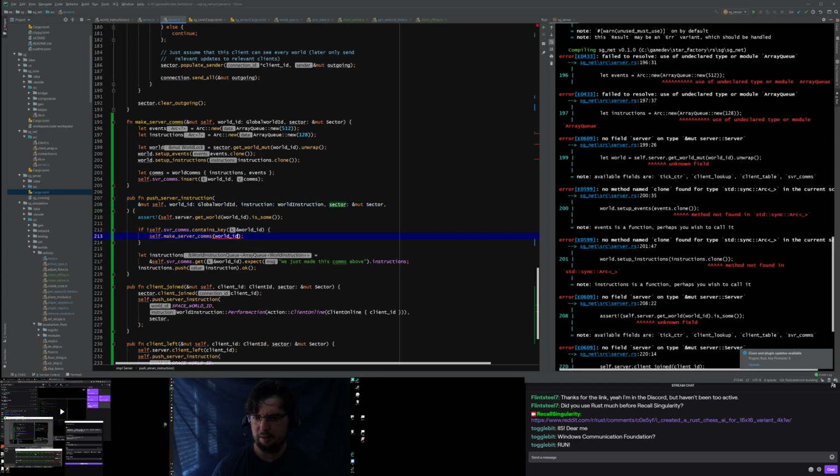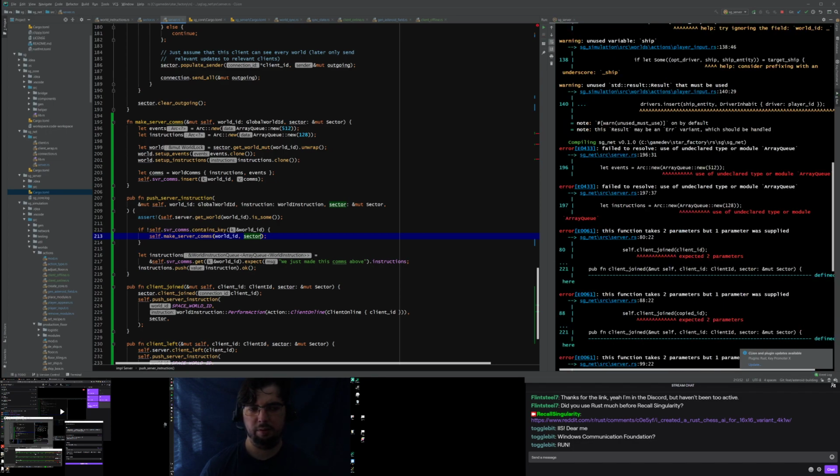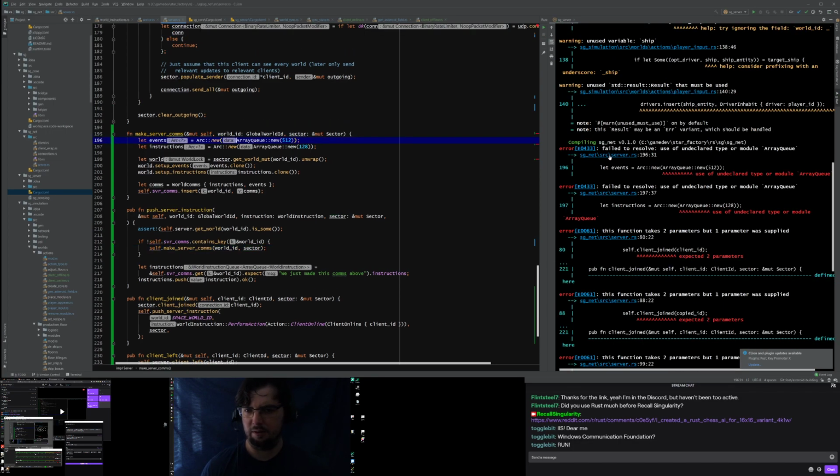again, it's going to need the sector, but only if we have to create the comms. Yeah. This is not going to work so well if I end up with the sector changing halfway through, but this is just so that the network stuff doesn't have to own the sector that I've done it this way around. Failed to resolve, used array queue. Yeah, so